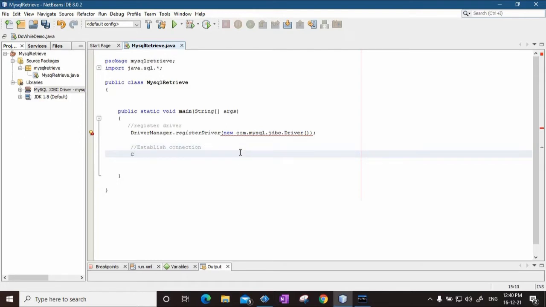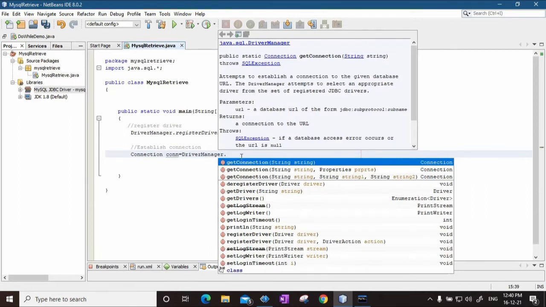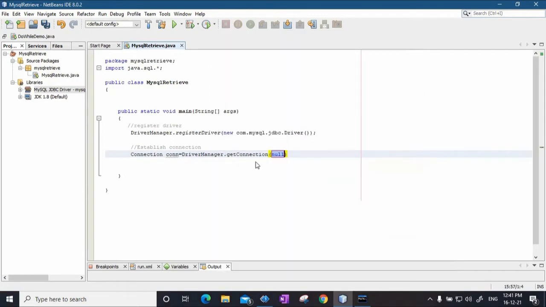So I'll say Connection con, the connection string, is equal to, now your DriverManager has a method called getConnection that we are going to use. So I'll say DriverManager.getConnection, and this getConnection method takes a string as an argument, that will be the path to your database.